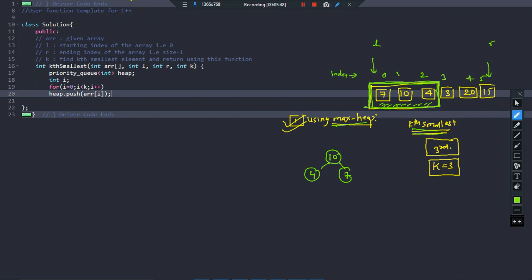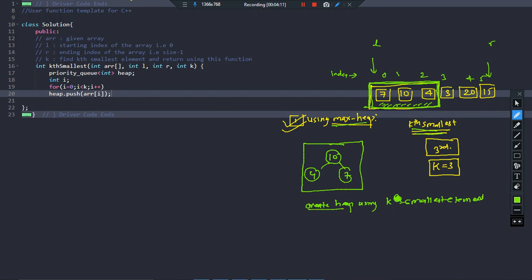So basically, if we can create a heap using the k smallest elements, okay?